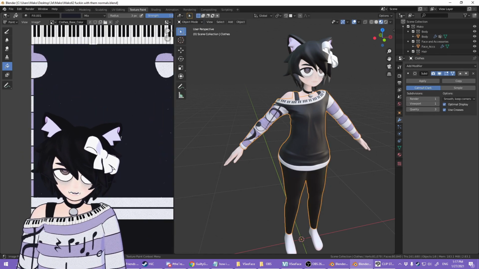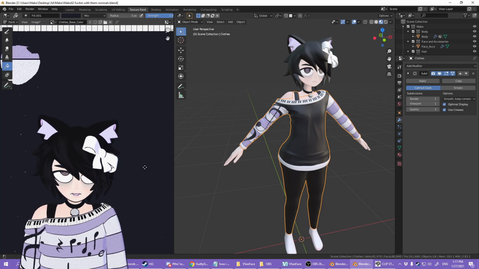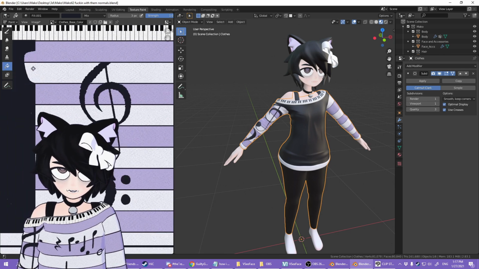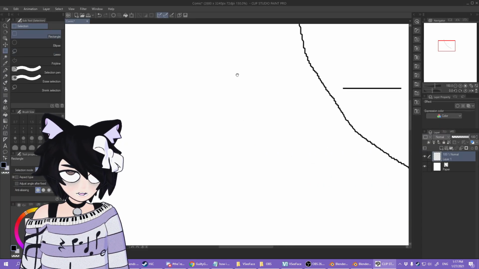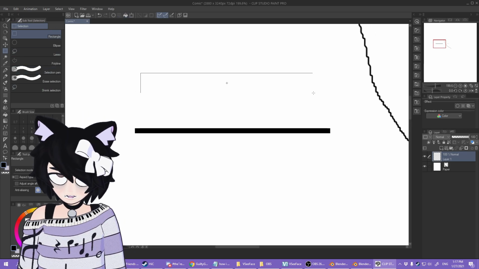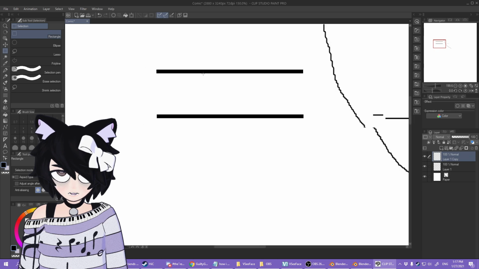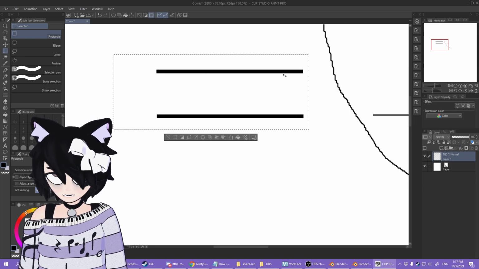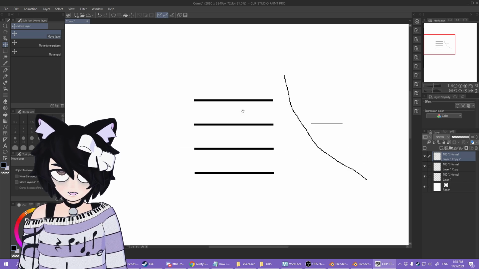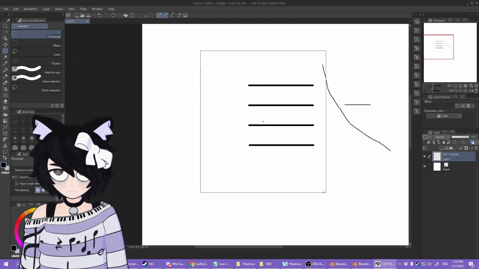Highly recommended. And then I went in and I saw, oh, okay, well, this is where I gotta draw all the stuff. So I'd look at this and I would know, okay, I need to have the stripes starting here and ending here, and that's what I did. And to make them perfectly spaced out, just make a line right there. Copy paste that one, moving up a little bit. And just merge those layers, copy paste that one, move those like that, and so on. And then I'd have that big black blob over here marking where I need these things to be, so I could just, boop.